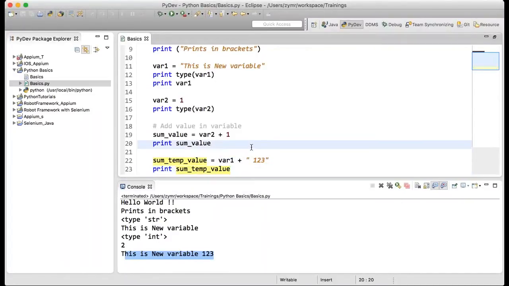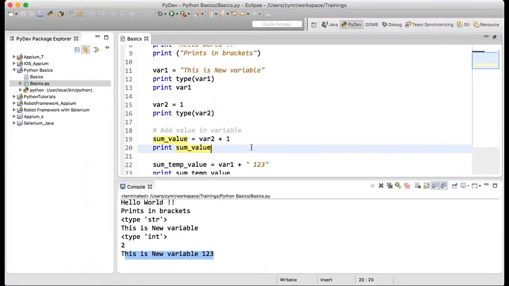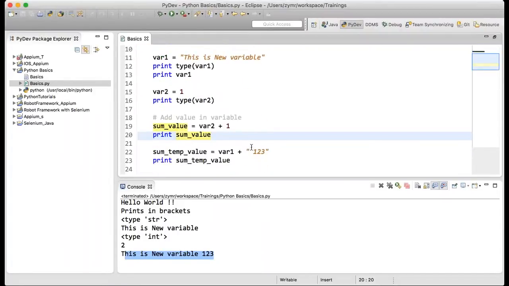Okay. So now we have tried to see basic print statements and how we store values in variables, which is something we tried to see in the basics here. Now the next thing is conditional statements. What are conditional statements? That is the if else loop, right?